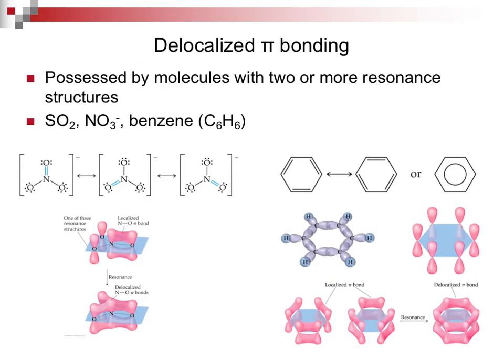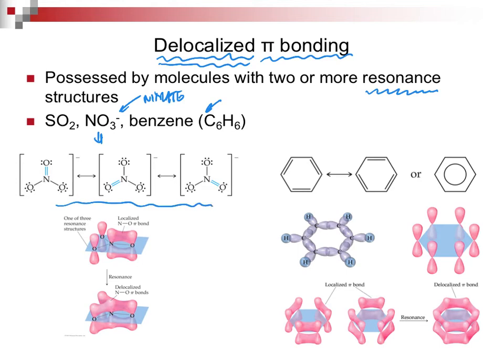So, we need to also mention now, not only is there pi bonding, there is delocalized pi bonding. Think back to what a resonance structure is. That's where we could not draw a single Lewis structure. We had an ion like the nitrate ion, and what I want to introduce you to here is benzene. So let's do the nitrate first. I put down the resonance structures that we had in chapter 8. Let's just say we're going to have a localized pi bond in here where we have the overlap of these unhybridized p orbitals.